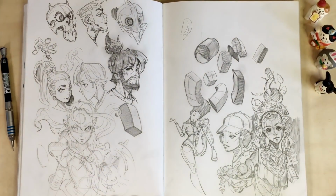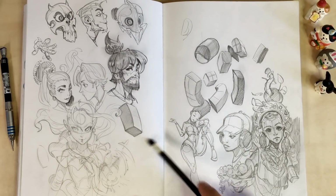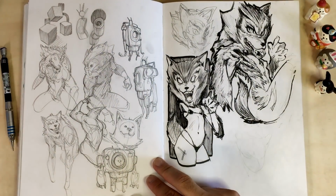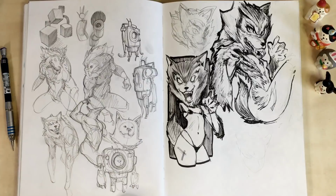I also like to work from reference, and from imagination, like this one, warming up with some cubes. I like to do a lot of these when I'm starting. Sometimes I'm more in a caricature mood, sometimes I'm more in a realistic mood, right? Also, another page where I was struggling creating some creatures or something like that, I don't know,